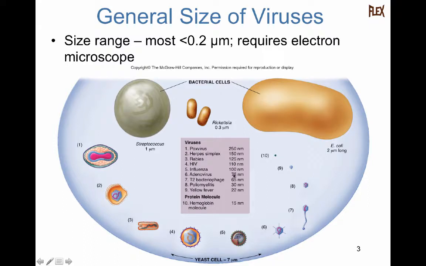Once you start to go into the smaller structural viruses, you see here adeno, influenza is less than half of the size of pox, all the way down to the causative agent of yellow fever, which is just a mere 22 nanometers, which is just a little bit bigger than an average hemoglobin. So we're talking pretty small scale here. And this whole cell that's housing all of these is a typical eukaryote, a yeast cell, which is around 7 microns.